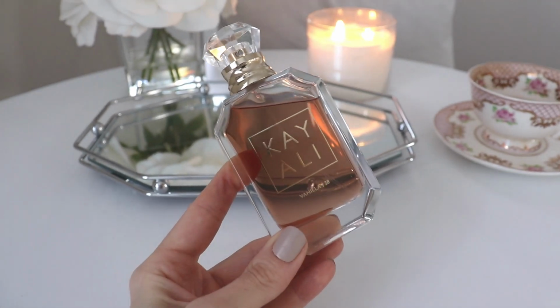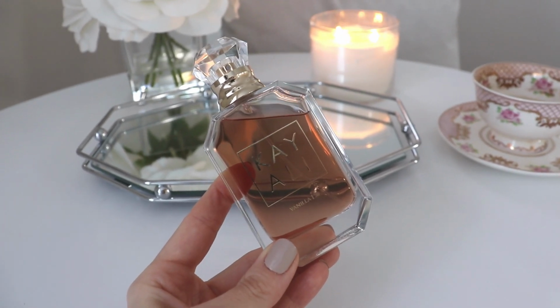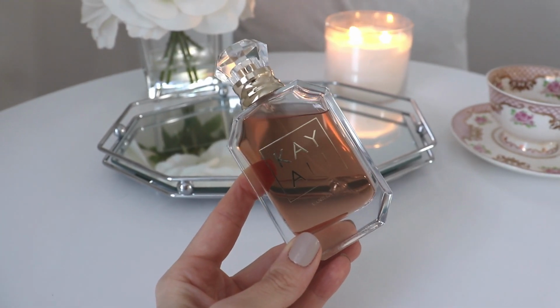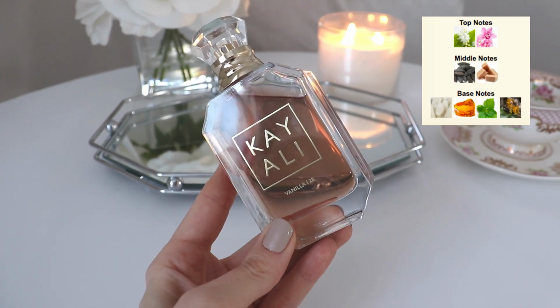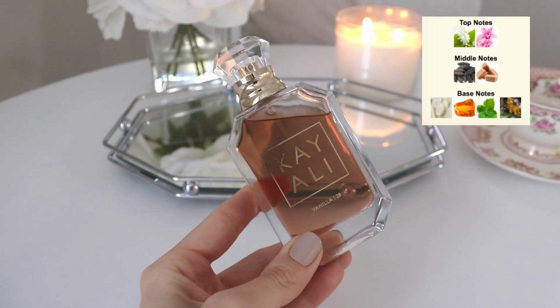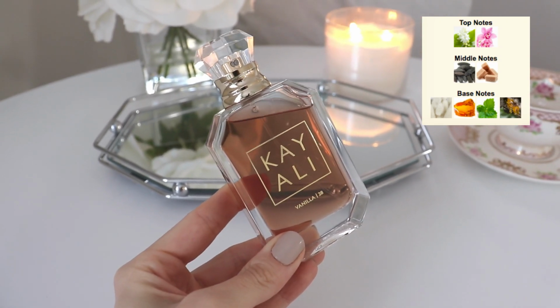So this is a little bit similar to Michael Kors Midnight Shimmer. It's got that kind of woody vanilla smell to it, but this one also has a large dose of brown sugar. So this one is a little bit more gourmand. This is very sweet, very feminine, very sexy. It's just a very sugary, woodsy, yummy vanilla kind of fragrance, and